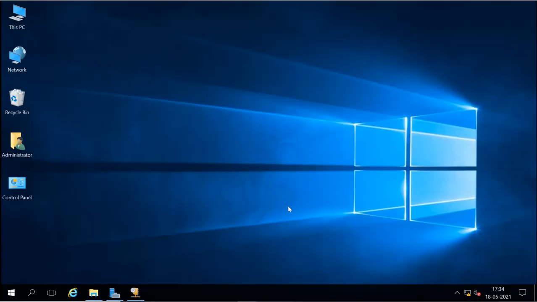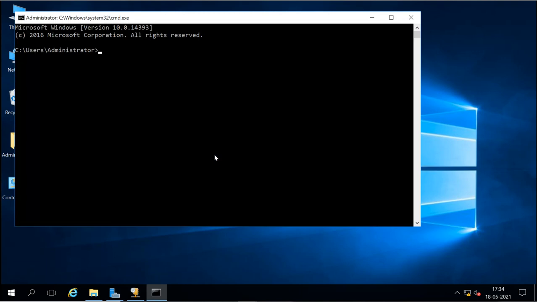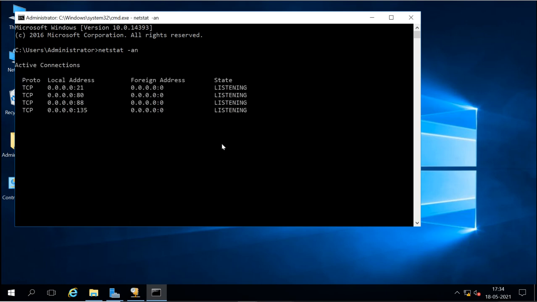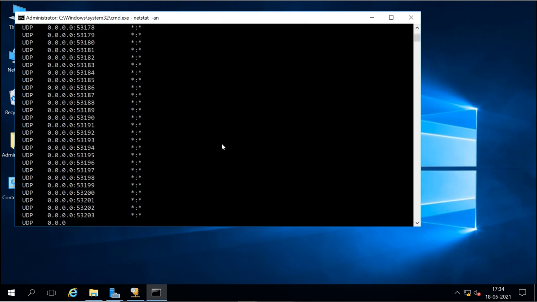So on the machine you want to check whether it is opening any other connection or not, go to CMD and type the netstat command with the -an option. You will see whether it is establishing any connection to unknown systems. Okay, it is going to list all the ports.